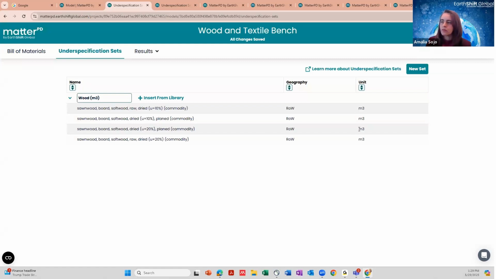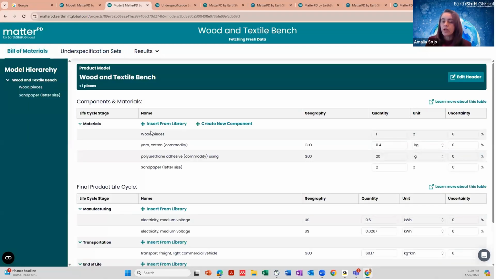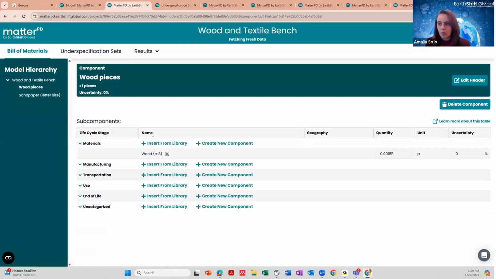In this case it is cubic meters, so I'm going to add the unit name here. It's cubic meters, so that when I go to my bill of materials and I want to go into my wood pieces, I just create my process and I can pull my wood from the underspecification set.